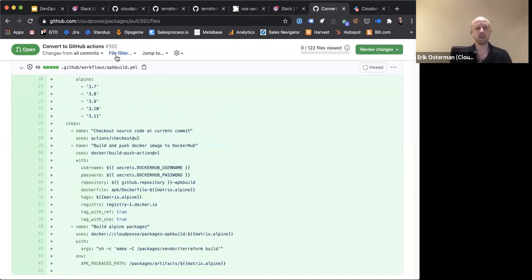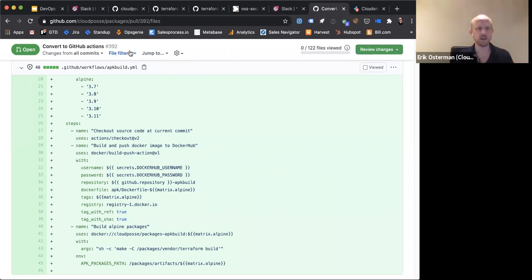All right, any questions about our move? The other thing I didn't mention about this move is that if you are using apk.cloudposse.com, this change should have zero impact on you. We've worked with the team at Cloudsmith to make sure that we have total backward compatibility, which is pretty awesome. They actually worked with us to modify their SaaS platform to support the way we were doing Alpine packages. Not many SaaS vendors will do that. I'm not sure they'll do it for everyone, but they did it for us, and we really appreciate their support in making this a possibility.